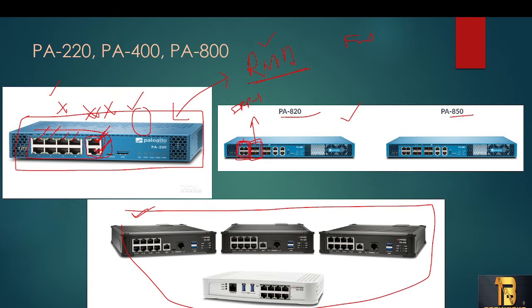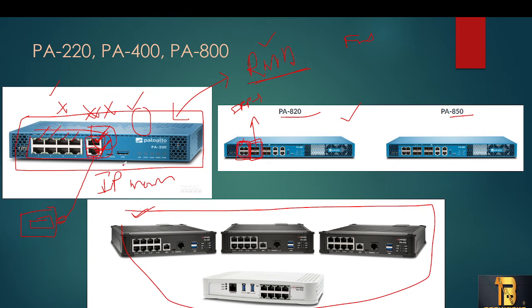So for a new device, whoever brings the new device will have a laptop. They connect RJ45 here, and if you have HDMI or RJ45 you can connect here, and the other side of the cable you can connect on the console port, and you can log in. You can take the serial port access here, COM port, and you can access the device. First they will configure the IPs on the management interface.